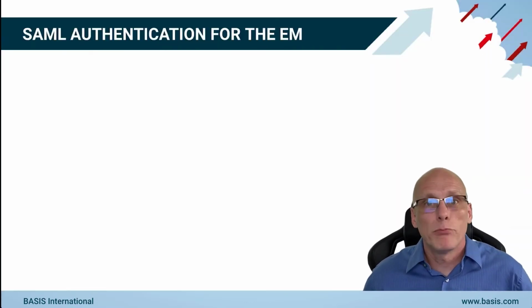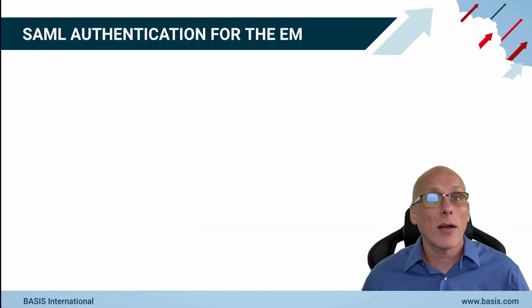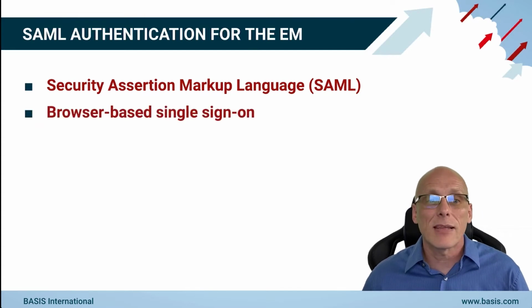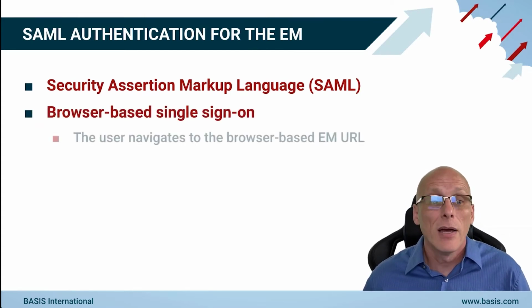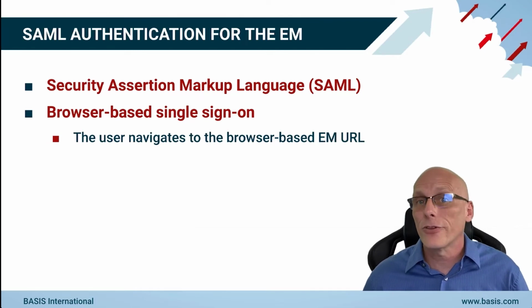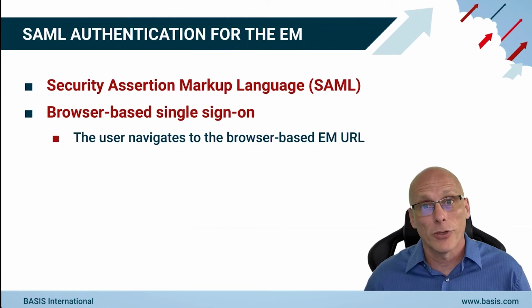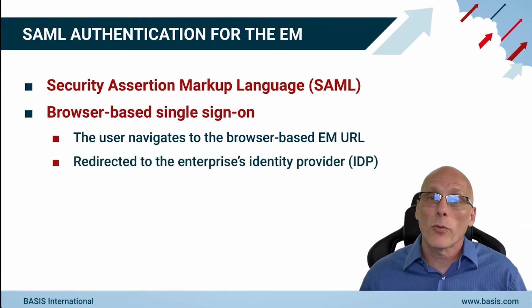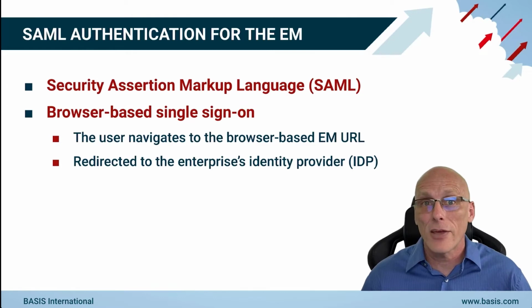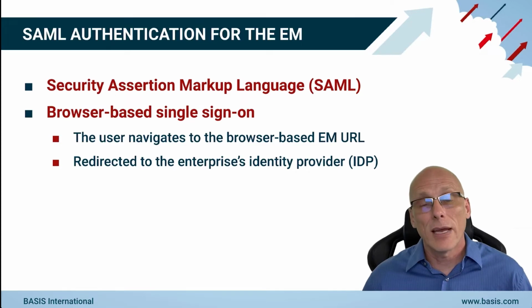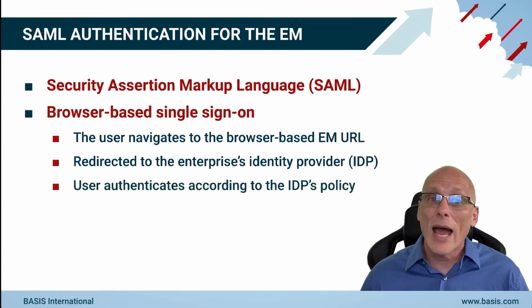All right, so now that we've briefly been introduced to single sign-on, let's talk about SAML in particular and how it incorporates with the browser-based Enterprise Manager. So SAML just stands for Security Assertion Markup Language. What it is, it's a browser-based single sign-on service. And the way that it works is that the user navigates to a URL in their browser. And in this case, it would be the browser-based Enterprise Manager URL. And then when it's configured to use SAML for authentication, it will redirect them to your enterprise's identity provider. The identity provider is the place where the user actually authenticates